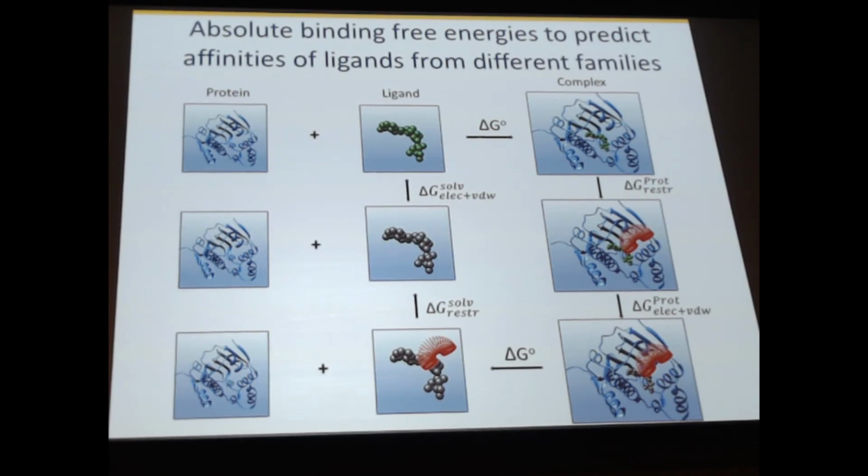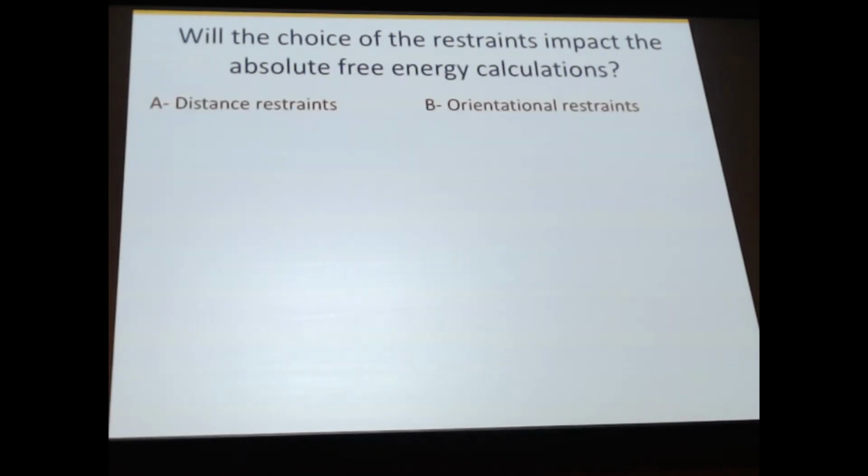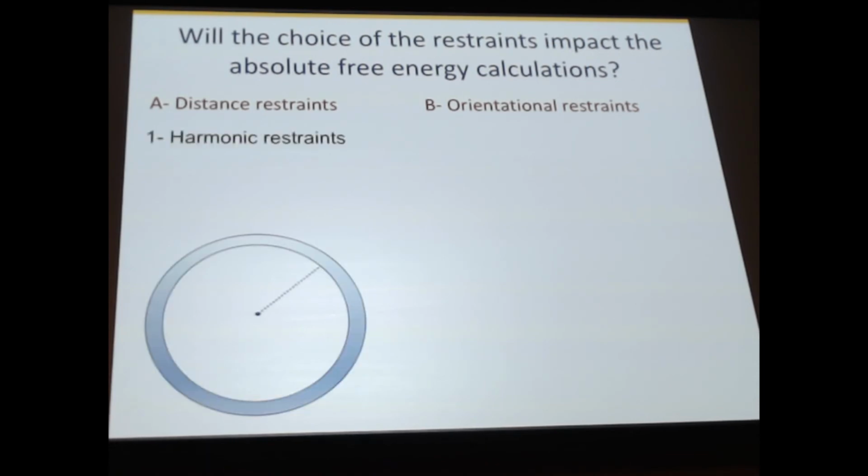On this figure, I'm showing the fully interacting ligand in green and the fully decoupled ligand in gray. Also during this cycle, we use restraints to keep the ligand in the binding pocket or near the binding pocket of the protein, and the free energy of restraining the ligand will depend on the type of the restraints. So we have two types of restraints: distance restraints and orientational restraints. Let's start with distance restraints, where we have a single distance between the ligand and receptor. This will allow the ligand to explore all the possible binding modes and all the binding sites